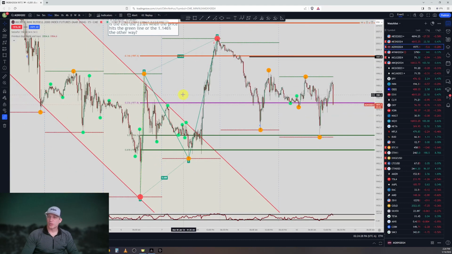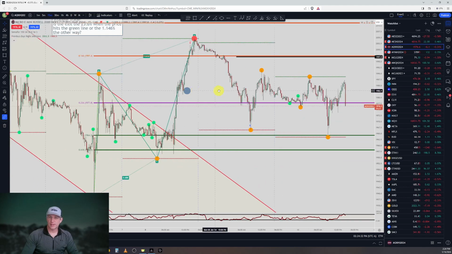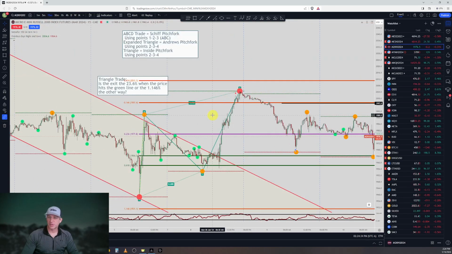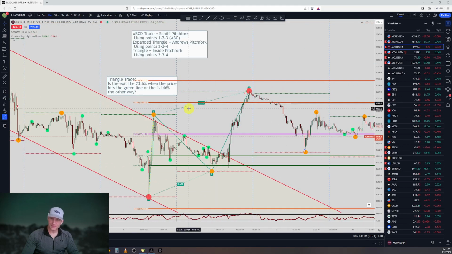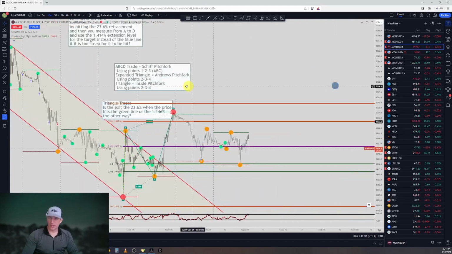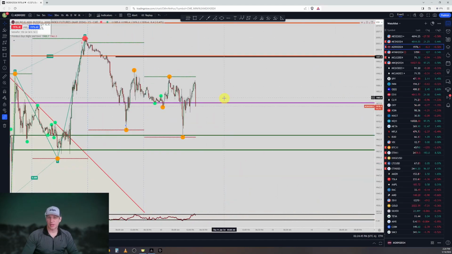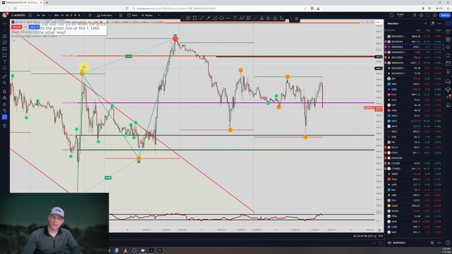All right, going over to the Russell 2000 right here. We're still in an ABCD trade right here. And there'll be some other ones, but this is the main one I'm looking at. As you can see, it broke out of this downtrend right here. So now it's looking like this is going to be in consolidation. I was looking at it being a potential